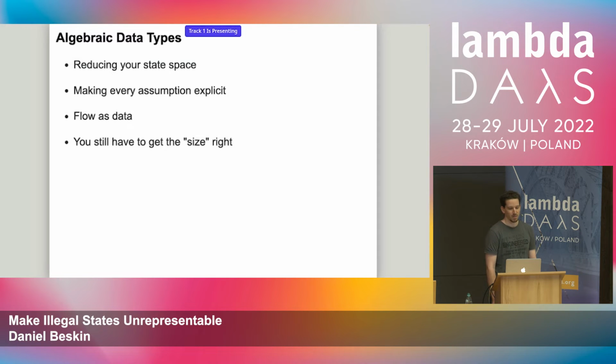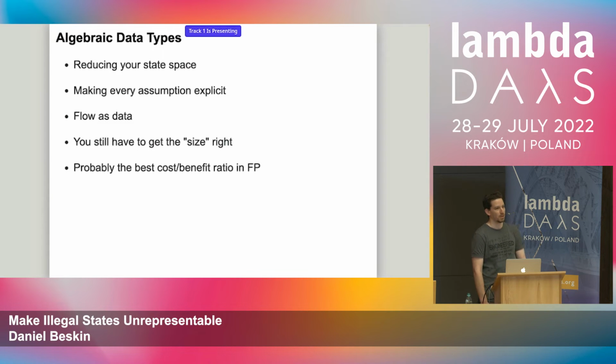Nobody is getting away from thinking, but still, having this perspective and having algebraic data types as a tool that you can use to shape your state space is very, very useful. And so I think that algebraic data types, of all the features of functional programming, are probably the best cost-benefit ratio out there. And if you're using them consistently all over your system, I think that will be a great improvement to the possible illegal states that you can or cannot represent. And if I were stuck on a deserted island or something, or programming Java, that probably would be the one feature that I would like to have from functional programming. They're that useful.